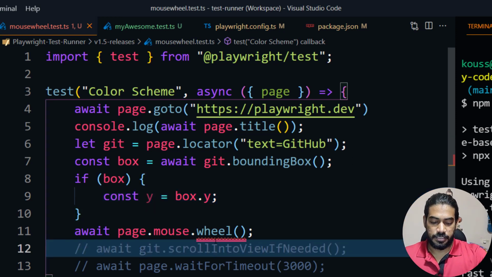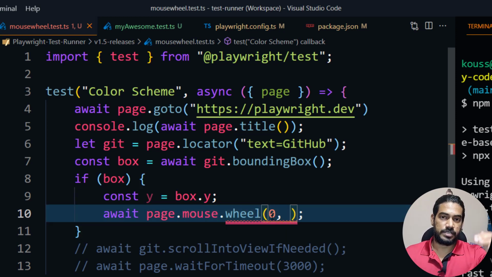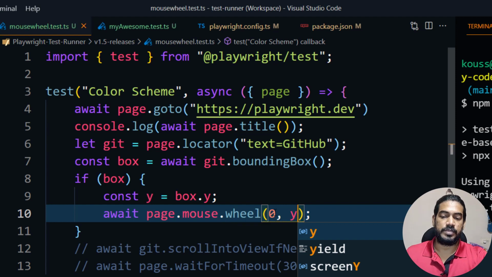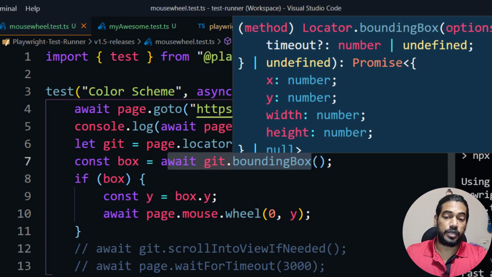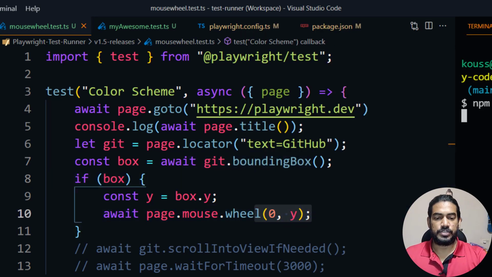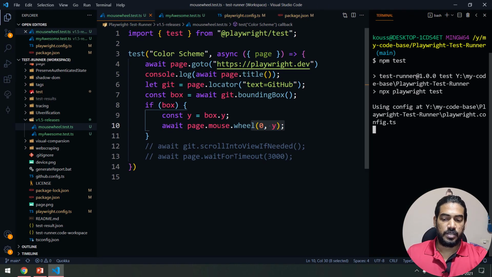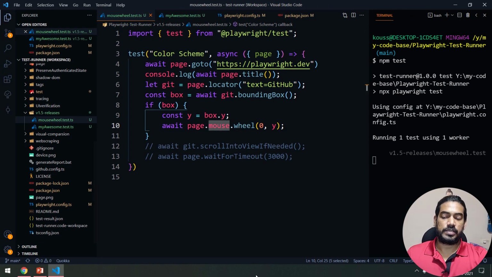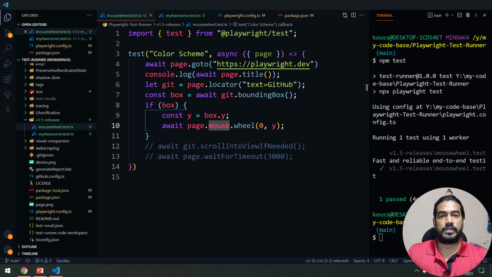And then here I can say await page dot mouse dot wheel and then x. So we are not moving the x, we are just going vertically, so we'll pass the y. That means wherever this location is, we'll get the coordination of that particular element and we'll just move. Now let's run. Of course it's going to be the same as the previous execution, but we have two functions where this is going to be useful in the sense that if you have pages where you have some sort of inner table where we have to scroll vertically.